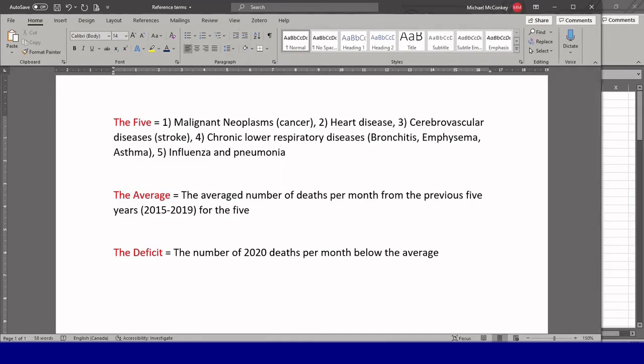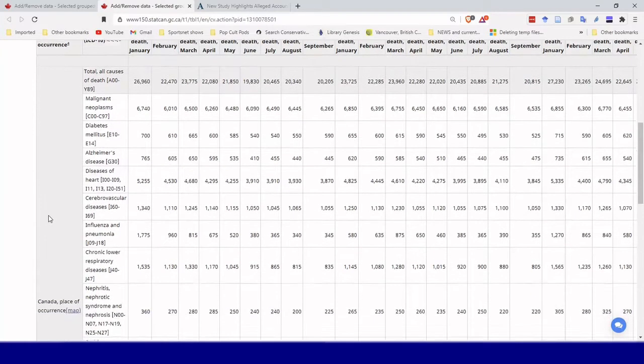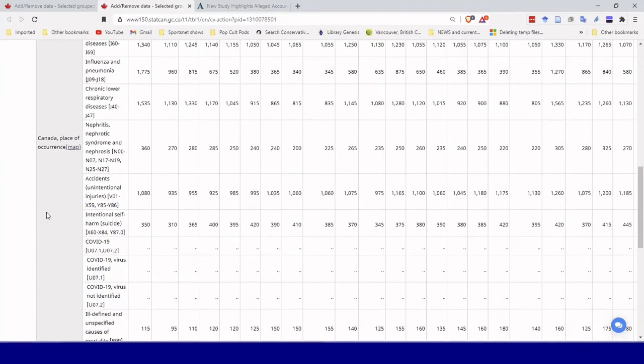Okay, so I want to make one other point here. It's hard to identify these things. Now that, you know, there's other death things here. Like it might have been interesting to look at diabetes, or even Alzheimer's. I always say that wrong. Alzheimer's, I guess. That probably might have been interesting to include, but I didn't. And there's some other things here.